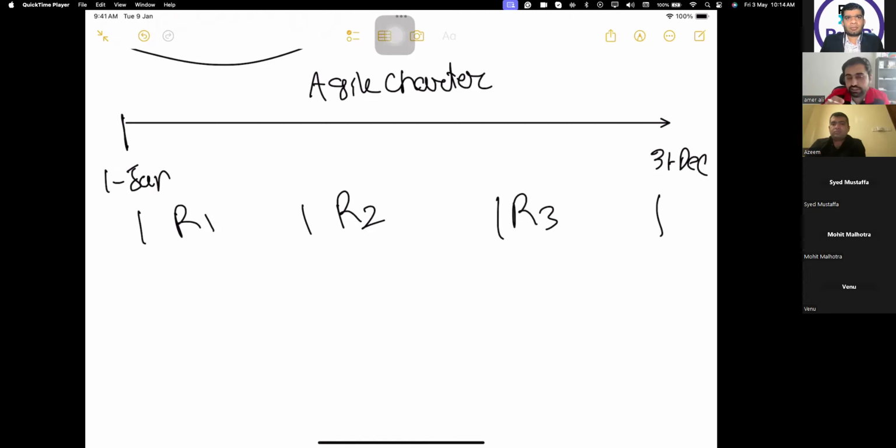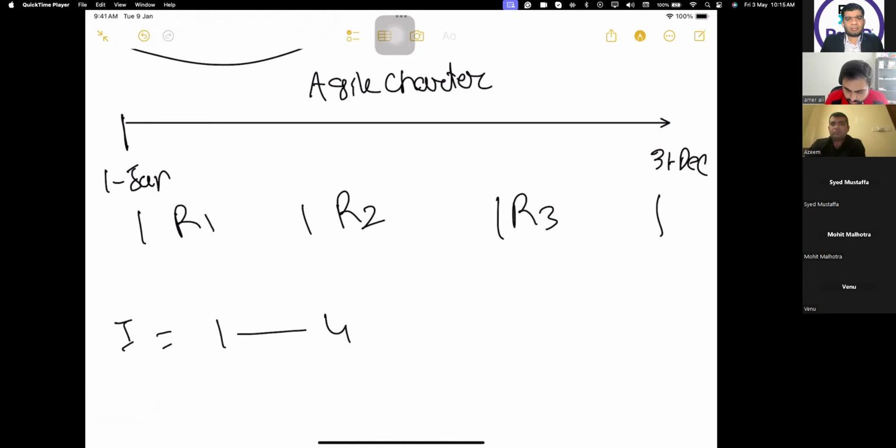Similarly, if release is 1 quarter, an iteration can be 1 week or it can be 4 weeks. It ranges from 1 week to 4 weeks. That is the length of an iteration. Normally, since 1 week is very small and 4 weeks is too much, the iteration can be 1 week up to 4 weeks.